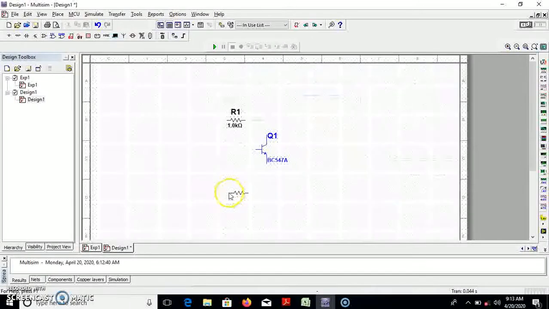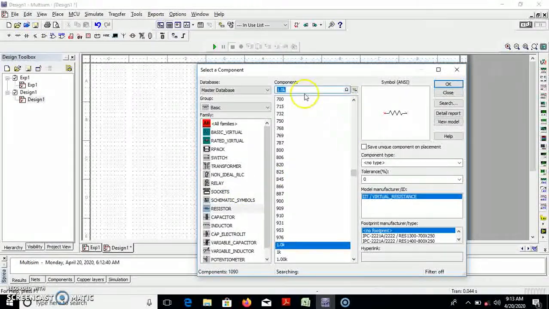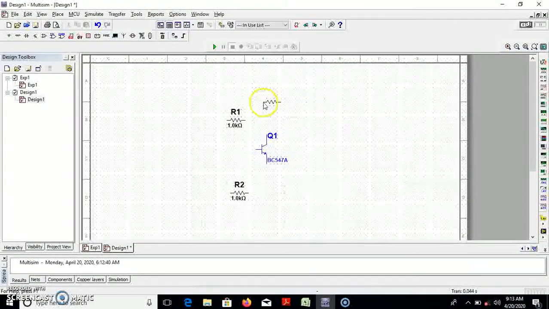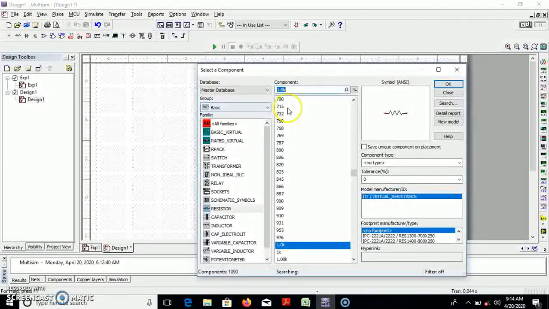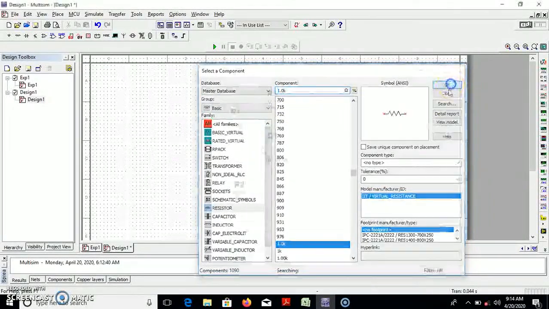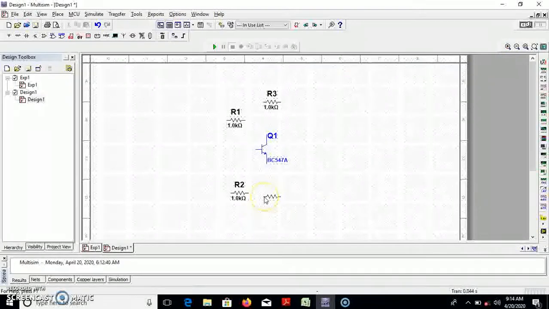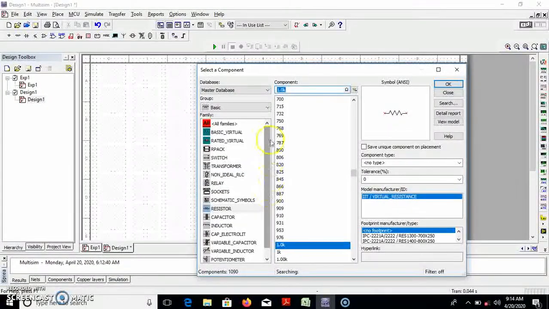Second resistor will be there. You place it at R2. Once again you press OK. Third resistor, RC resistor, you require to place exactly above this one, that is RC, and then once again place 1 RE. Other component I require is capacitor.